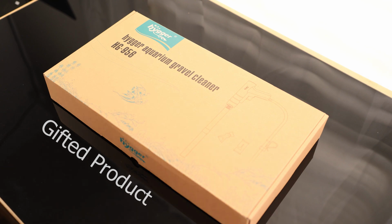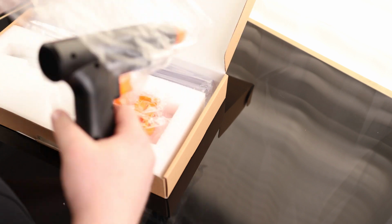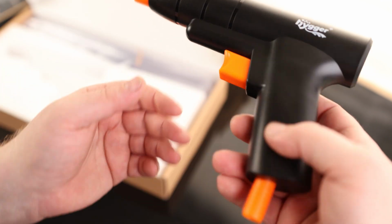Okay, Tim, take a look at the Hydra Aquarium Gravel Cleaner. So this is essentially the pump. This is going to be working as a siphon, but we need some way of getting that water started. This is going to attach to the inlet, and then this is going to attach to the outlet. When you squeeze the trigger,